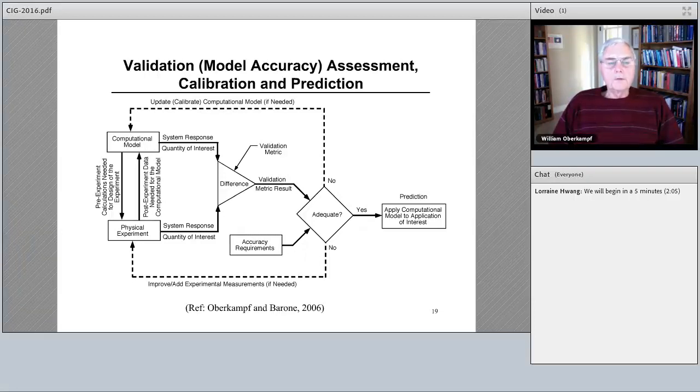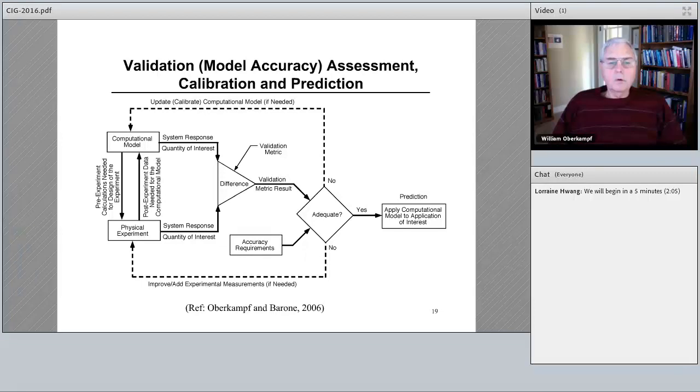And then you have the validation metric result, which traditionally is a probability value, but in some of the more recent validation metrics, it's actually a scalar value in terms of the quantity of interest itself. These are much more interpretable. If you come up with some sort of probability result, like the model is 90% probability correct, most decision makers or regulatory authorities will say, what in the world does 90% probability that it's right mean?